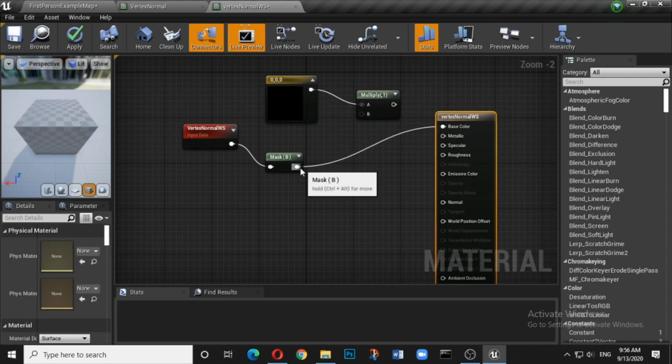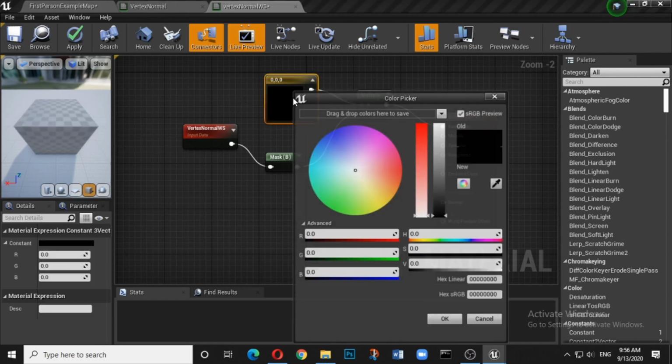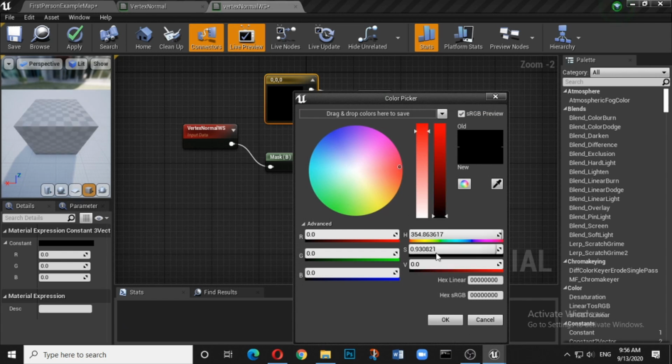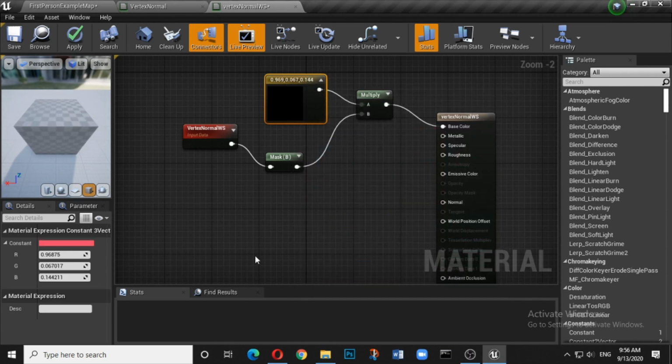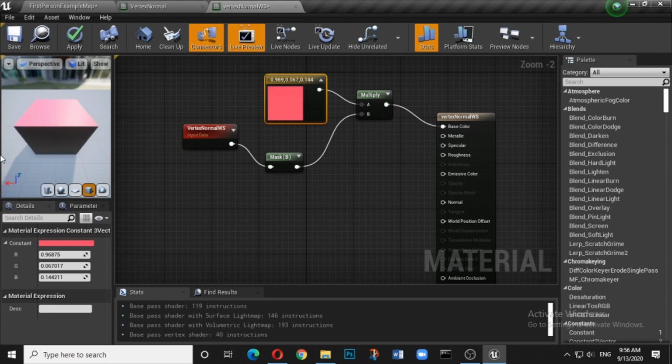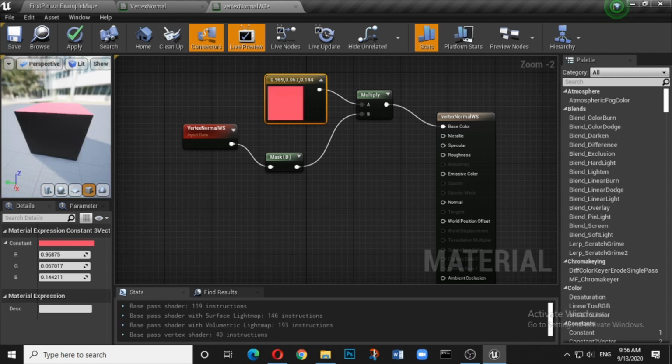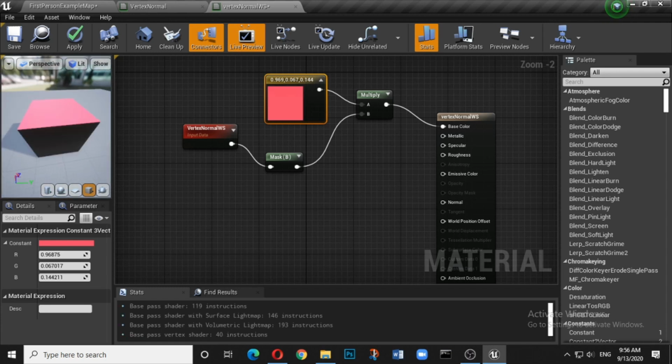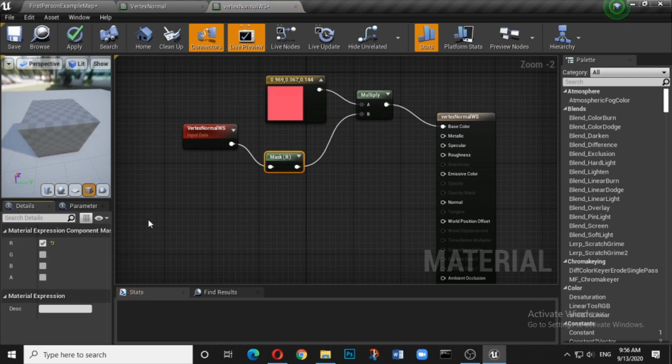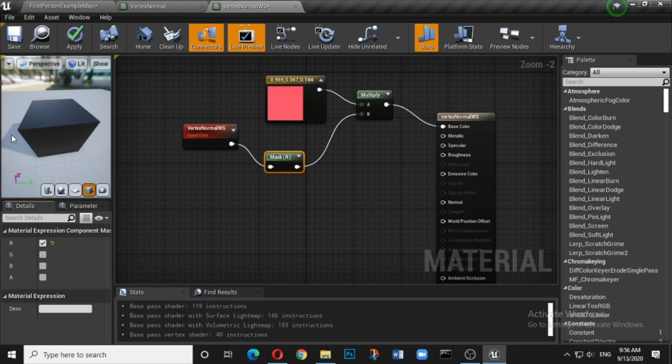So for more effect, we need the multiply node. So let me connect it, and let me give this red color. Okay, fine, it is more of a pink. Great. Anyway, now what you will see is that the component or the channel which was selected takes up the color, whatever color we have given in the 3 vector.